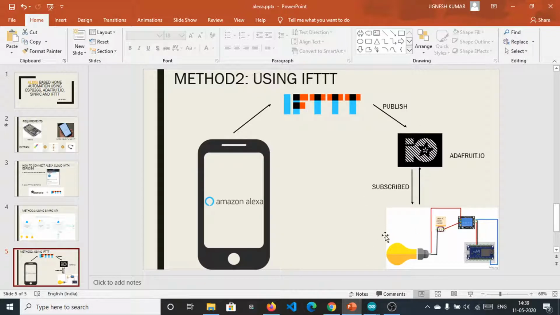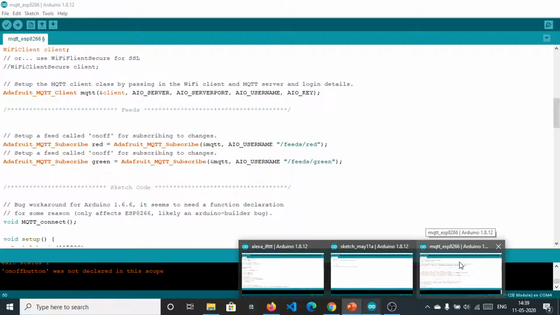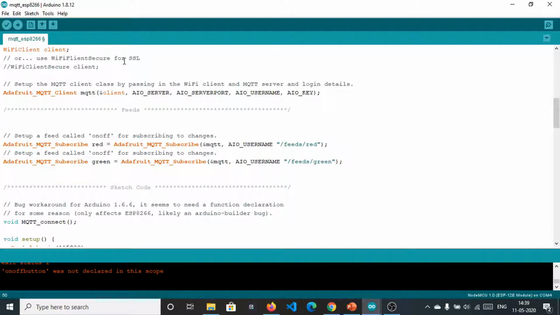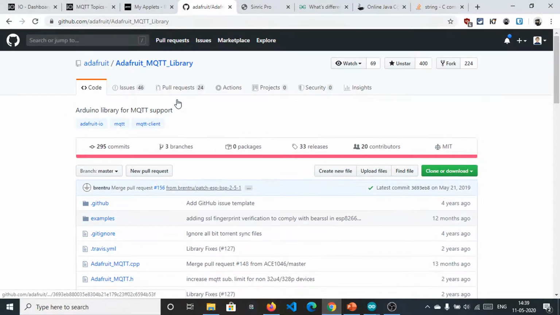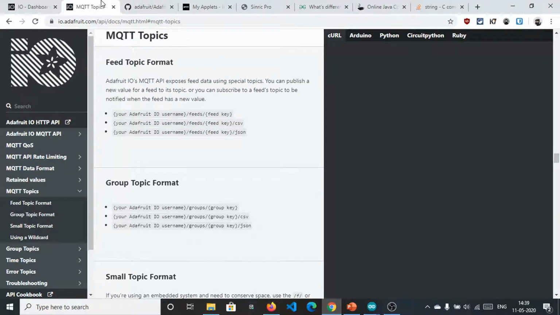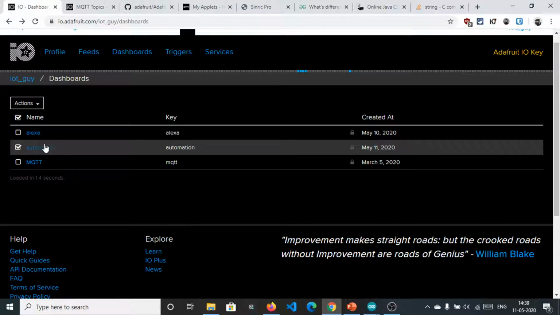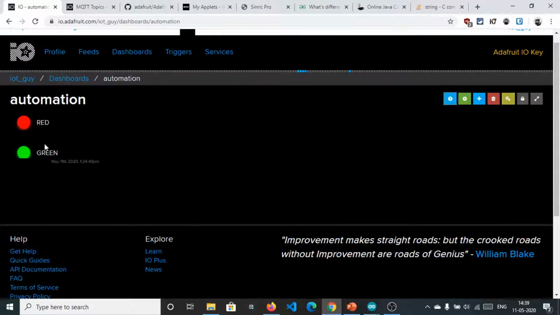So this is the whole part which we have discussed earlier, and now we need to write the sketch using the Adafruit.io library, the Adafruit MQTT library. This is the library we are using, with 400 stars, for connecting to this dashboard, this automation one we have created.